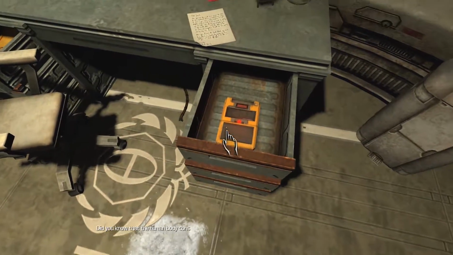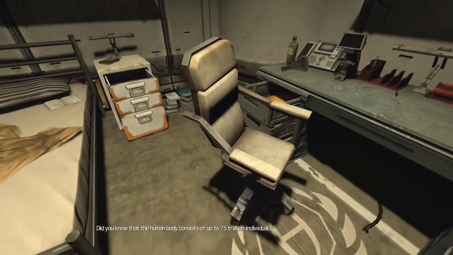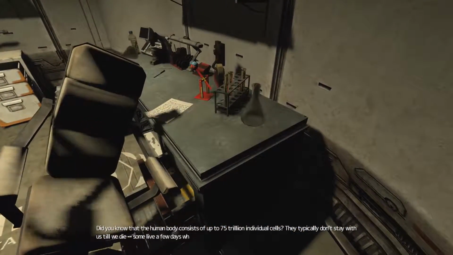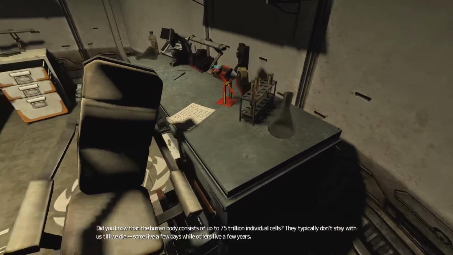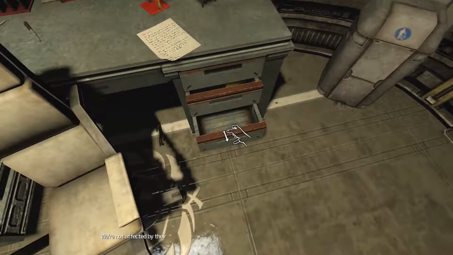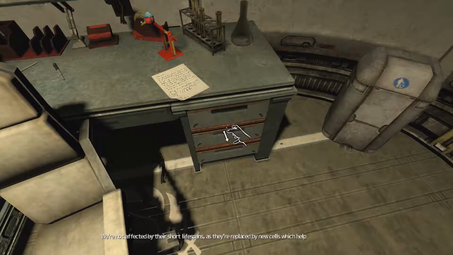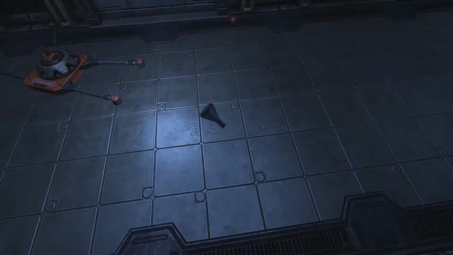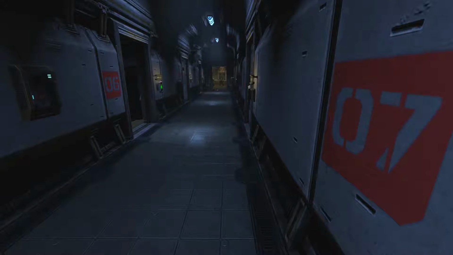Ooh, did you know that the human body consists of up to 75 trillion individual cells? They typically don't stay with us till we die. Some live a few days, while others live a few years. We're not affected by their short lifespans, as they're replaced by new cells which help sustain our bodies. I don't think anyone would argue that we ever lose